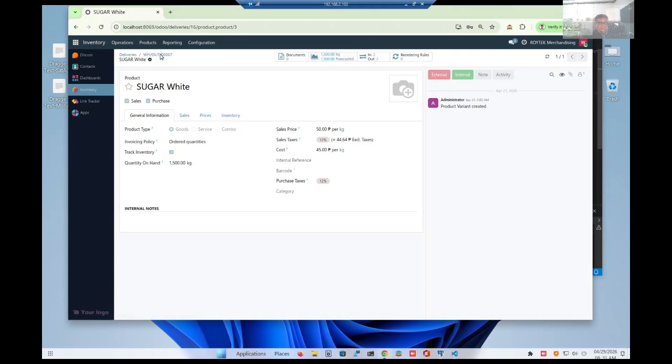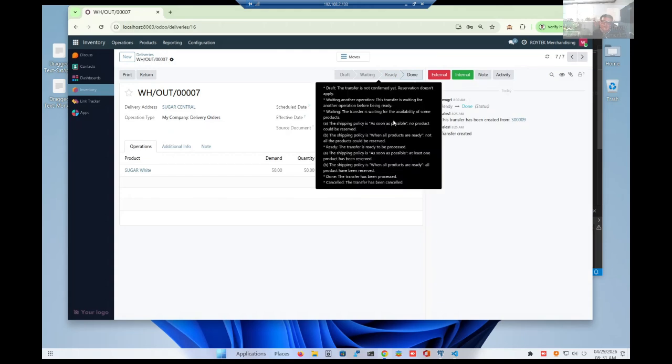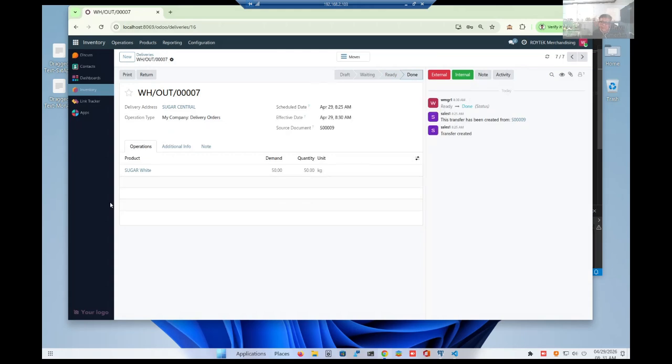Okay, let's go to this. This is already done. So there's a relationship between the sales manager and the sales encoder, the sales encoder and the warehouse manager, and the sales manager and also the warehouse manager. I hope you see the point.